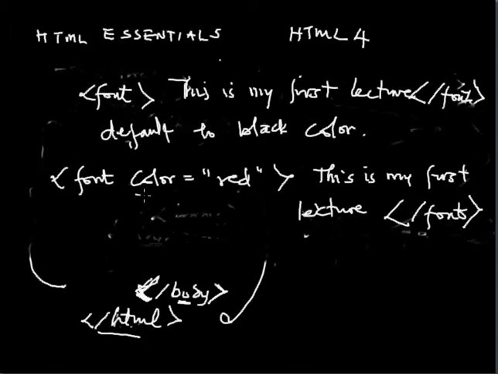Can you see this? This is called the attributes. Everything you see here is called the attributes. To change this font that is inside here to a color red,